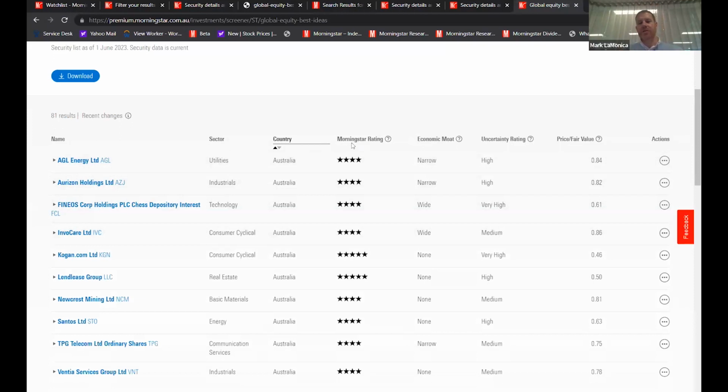A couple different things on how we want to look at these, and how our goals can influence what securities we actually buy. The first thing we focus on is the Morningstar rating, which is a valuation level. Shares that we believe are trading at a discount to what our analysts believe they are worth get more stars. Generally anything that is 4 or 5 stars, we would say is undervalued.